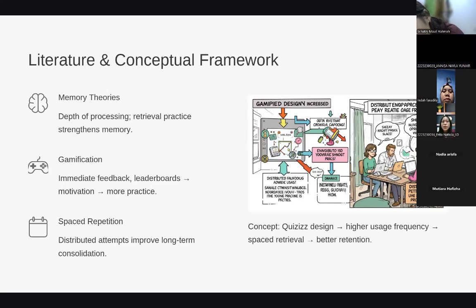Because quizzes use points, leaderboards, and immediate feedback, it increases students' motivation, making them want to practice more. Third, spaced repetition. Studying a little bit every day is much better for your brain than studying for hours in one single day. So my concept is simple. Quizzes' fun design makes students play more frequently. This frequent spaced practice forces the brain to remember, which leads to better long-term memory. Next slide.